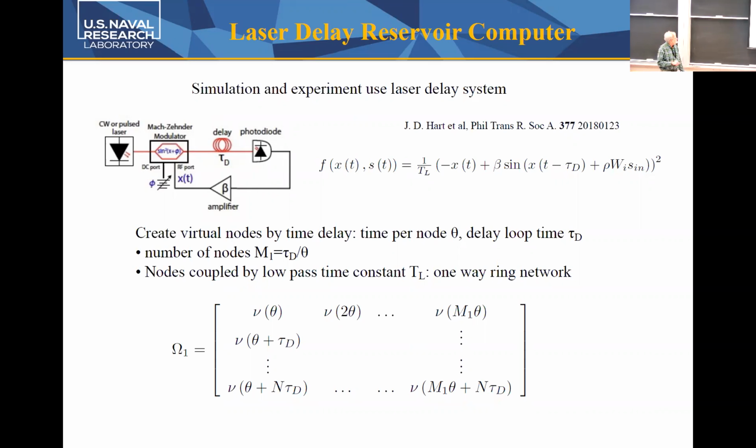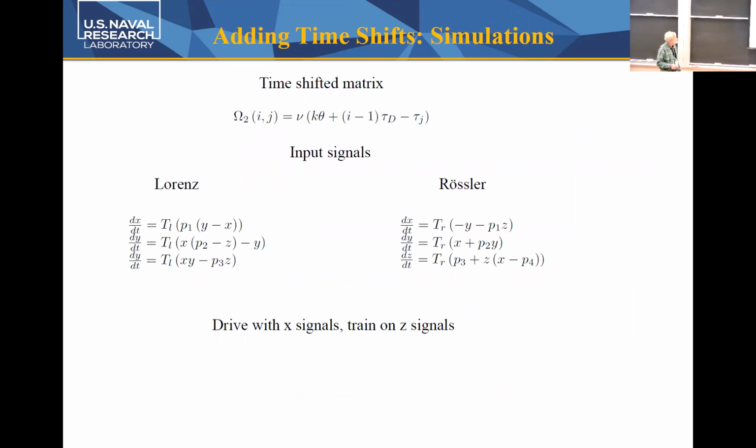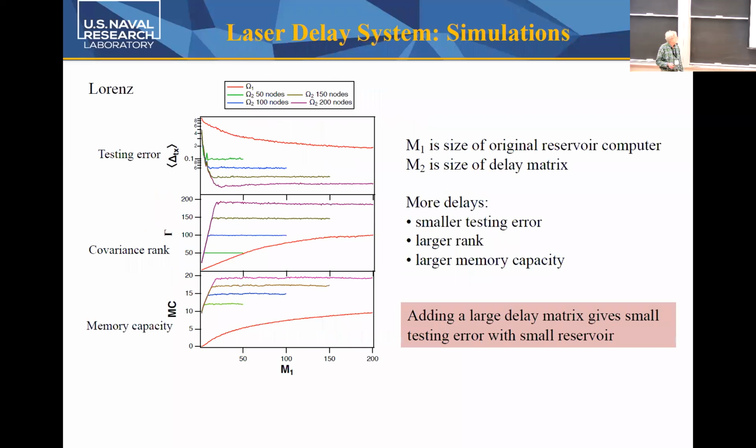The nodes are coupled because in this amplifier, there is a low pass filter. So the node at time now is coupled to a previous node because of the low pass characteristic. So this looks like a one-way coupled ring network. And the node variables will be new, so I'll just arrange them in a matrix like this, so it looks like a reservoir computer. And this is fairly well known in the literature. So once again, I'll drive with X and train on Z signals from Lorenz or Rossler